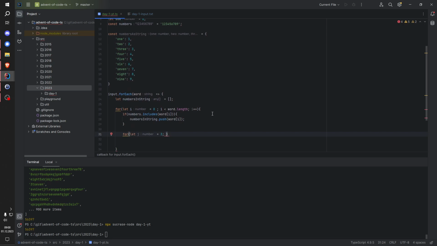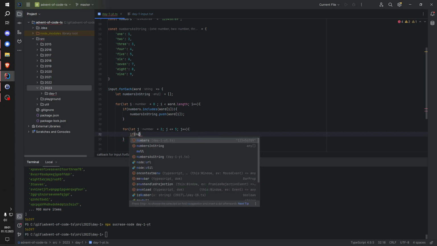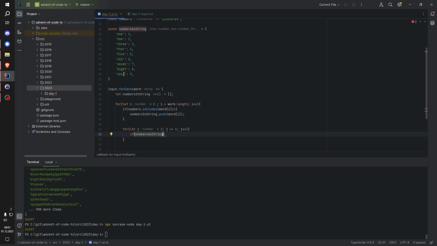Let's say here let j equals 3, and then j is smaller or equal to 5, j++. So what happens here is we just go through 3, 4, and 5. And that's exactly what I want, because now I can check if numbers as string, so my object here at